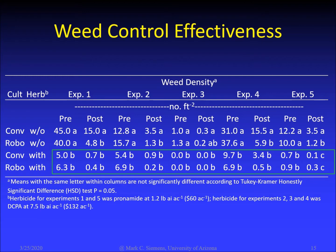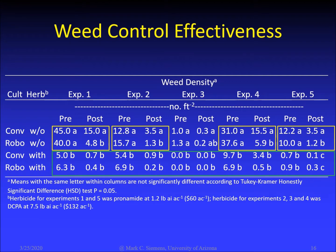So we looked at comparing the cultivators in plots treated with and without pre-emergence herbicide. When we had pre-emergence herbicide applied, we had low weed pressure and essentially no difference in cultivating techniques. In the trials where we didn't apply herbicides, we had high weed pressure, and in 4 out of the 5 trials, we had significant differences in the performance of the cultivator, the conventional versus the automated in-row weeding